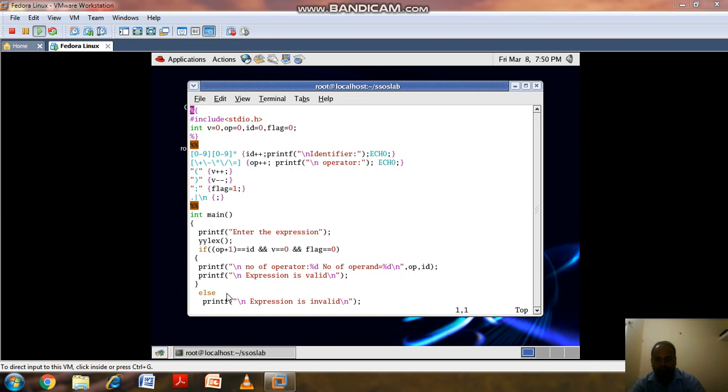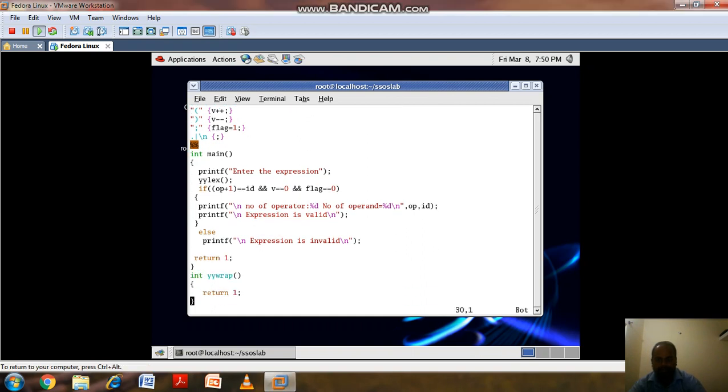If this case is not met, else the expression is invalid and we can return 1.